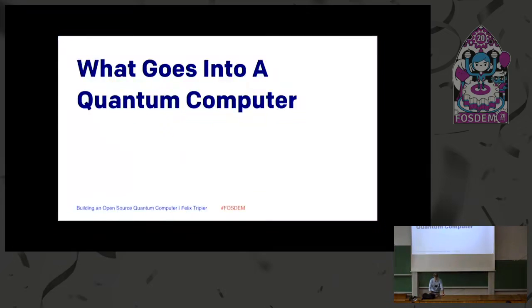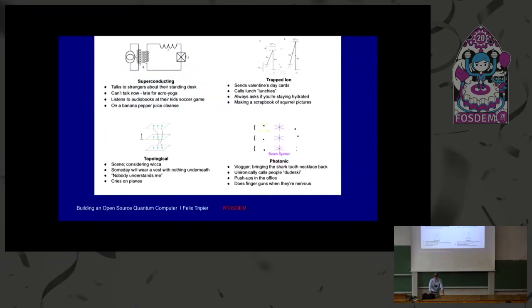So what goes into a quantum computer? In general, what are we going to need to do to build this thing? I'm talking about trapped ion. There are various varieties of quantum computing hardware. Trapped ion is what I know best because it's what my company makes, and I also think it's the best candidate for